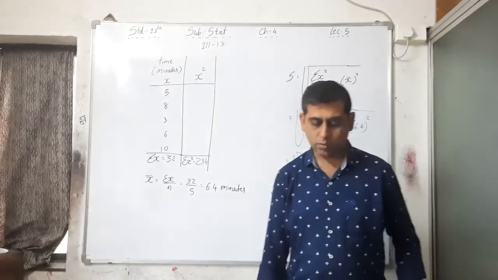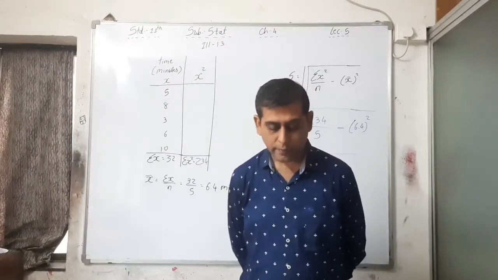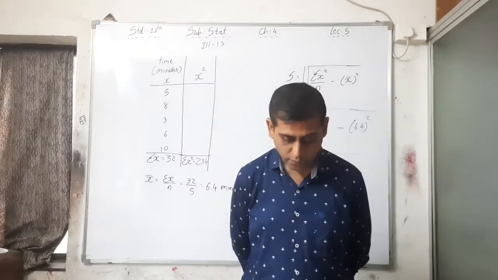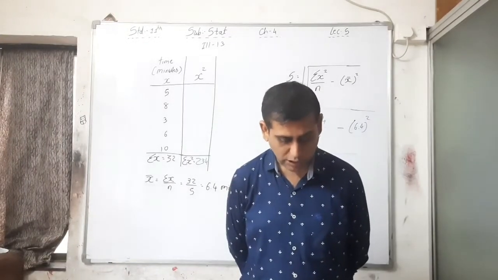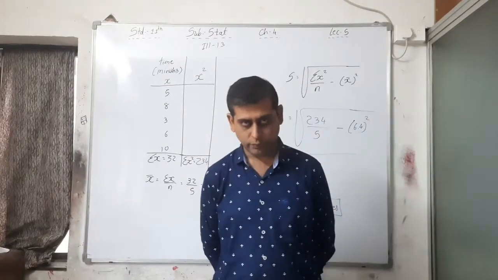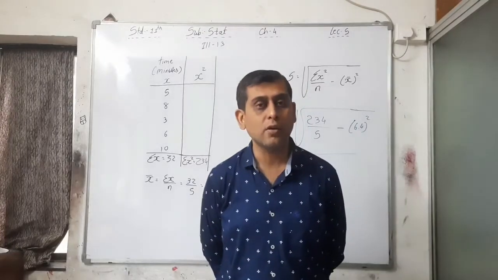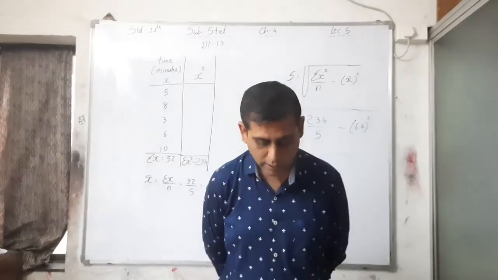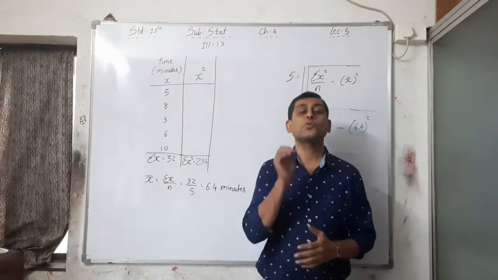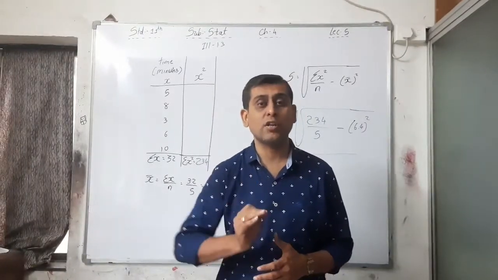See, now the next illustration is illustration number 14. See the data again. The following are the closing price, that is in rupees, of 5 shares: 132, 147, 120, 152 and 125. See, this is which type of data? This is an ungrouped data again. Find the standard deviation by the shortcut method. See, it is specifically asked that you have to find out the standard deviation by shortcut method.